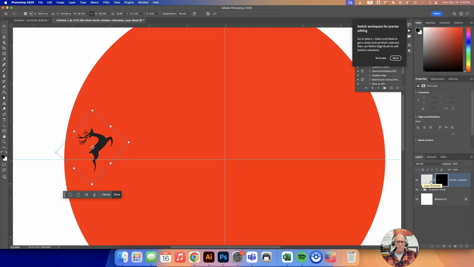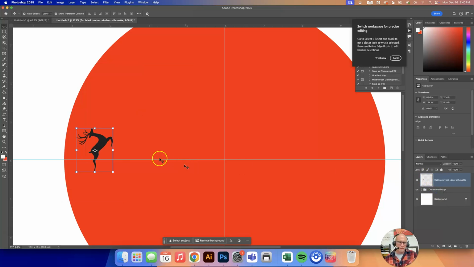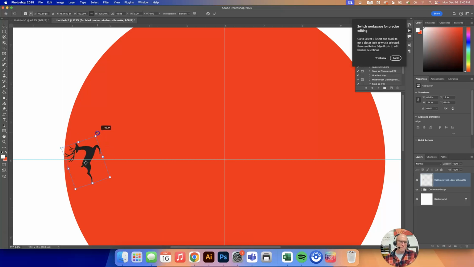I want to get rid of all that white that is in the existing layer. And so to do that, I'm going to right click on the layer mask and apply the layer mask. And now it just becomes a smaller, more manageable object. So again, I'm going to go ahead and put this right here at this point and set this up for the next step,